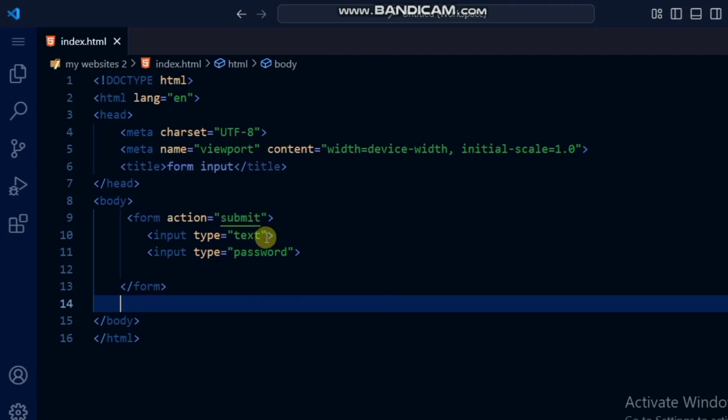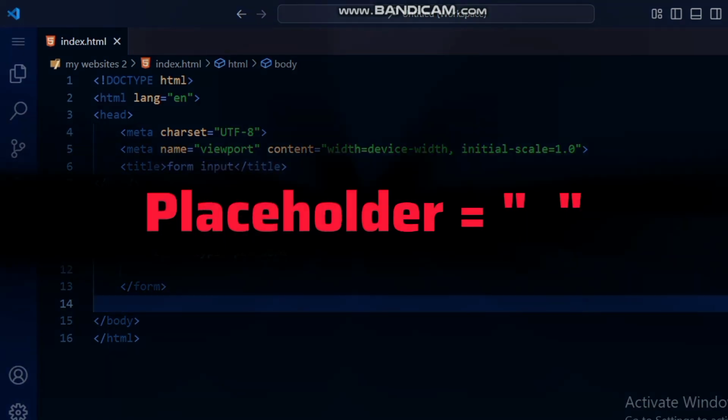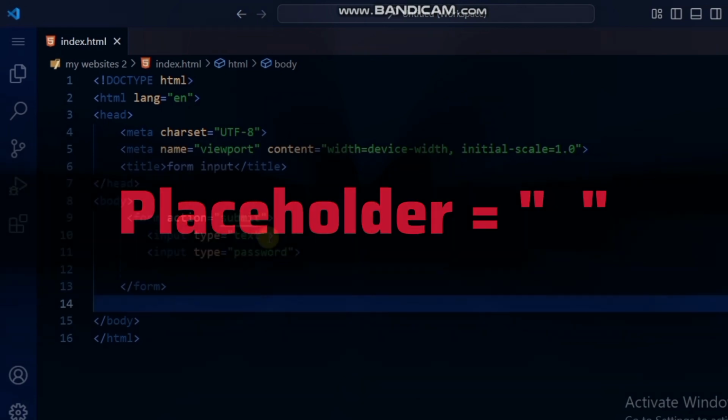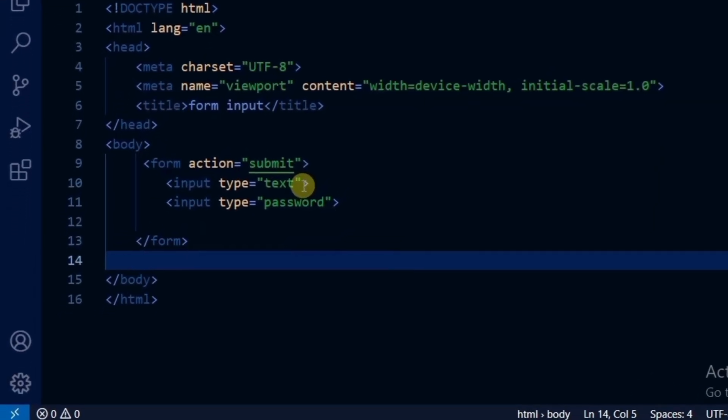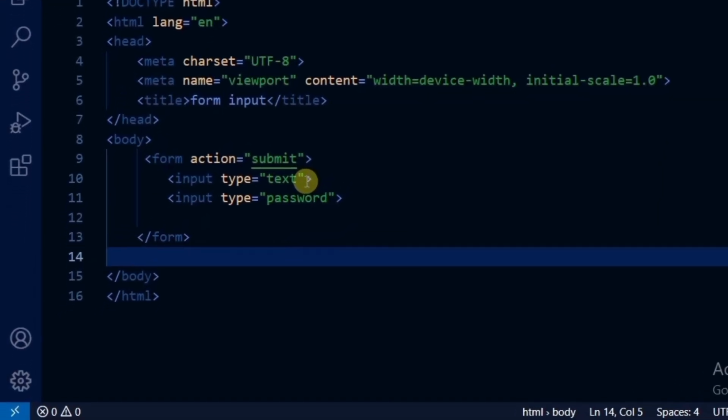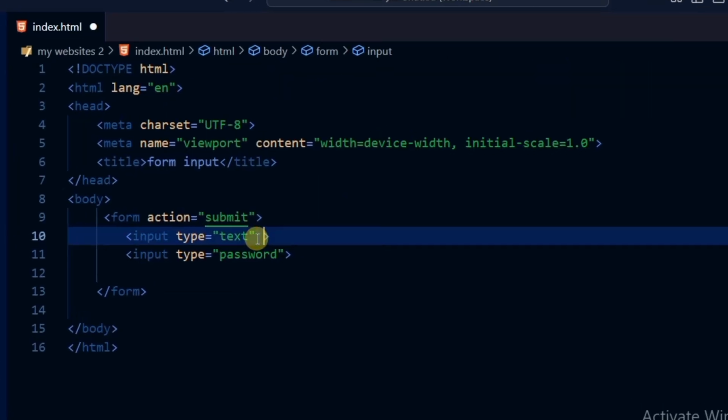Apart from the type attribute in the input tag, we also have a second attribute. It is called the placeholder. This placeholder attribute gives us the opportunity to type a text. When we type a text, that text is going to appear on the surface of the input box. Let me show you how it